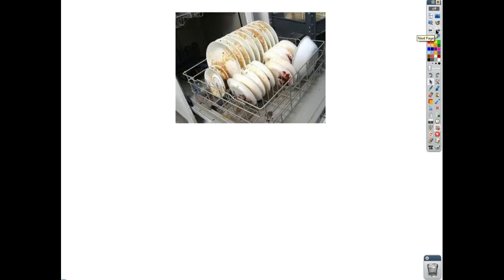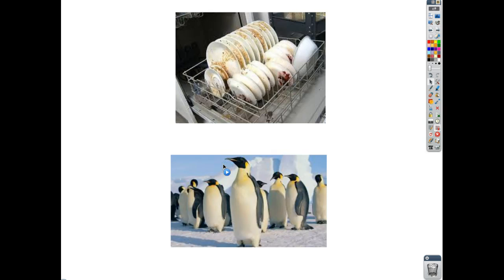You get clean dishes. But let's say one day you plug in dirty dishes and out come penguins, okay? That would be very weird. Who knows? That would no longer be a dishwasher, right? It's not functioning correctly anymore. You might like it. Maybe you'd have a bunch of penguins running around screaming for a fish from you, but